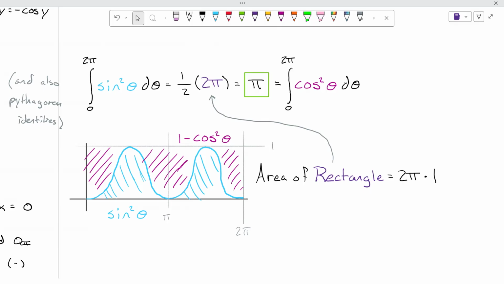These integrals can be subdivided a little bit. So I can see just by looking at the graph that from 0 to pi, I just repeat that cycle a second time to get 0 to 2 pi. Since these things are squared, they're no longer dipping below the x-axis. This thing is actually symmetric only through a half circle instead of needing a full circle. So I can divide the thing in half, and this idea still holds up. That the integral from 0 to pi is pi over 2 for both of them,